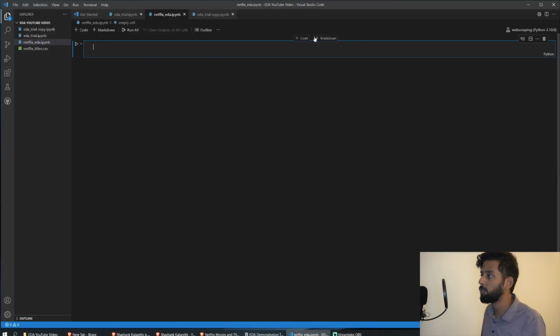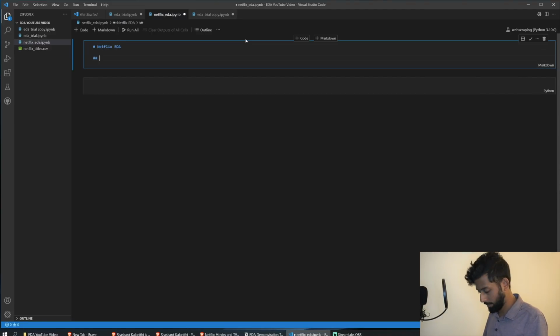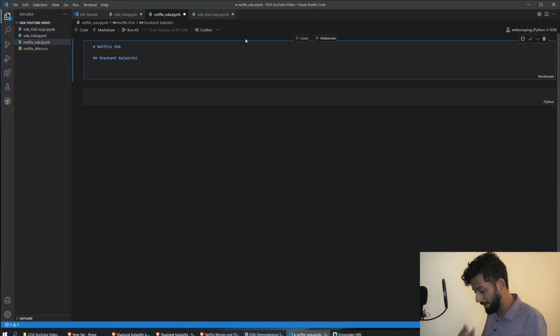All right, and then let's start off with a Markdown cell. Markdown is basically just an HTML-friendly way to take down notes. I think it was created by the guy who made Daring Fireball. I believe he's the one that created it. So we'll call this Netflix EDA, and then a note by Shashank, and then data set available at,